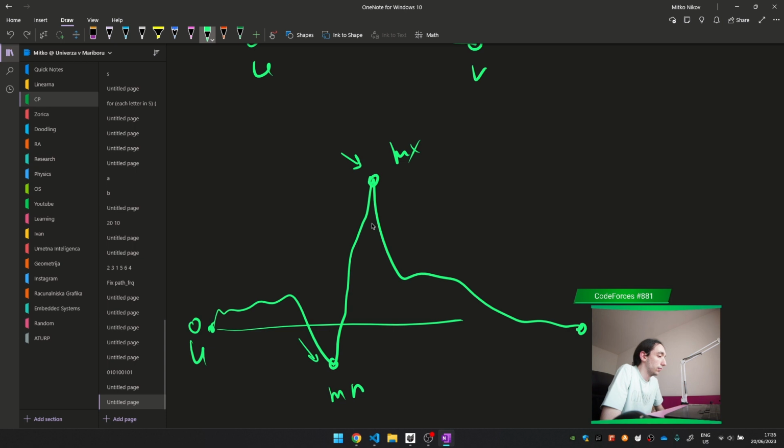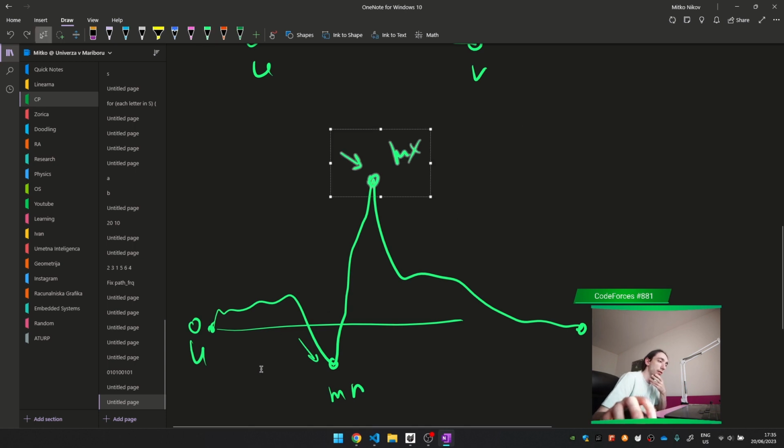So the minimum goes here, the max. We can reach the maximum. We can reach the maximum minus minimum as well. But can we reach everything in this range? We can reach everything in this range because we can take